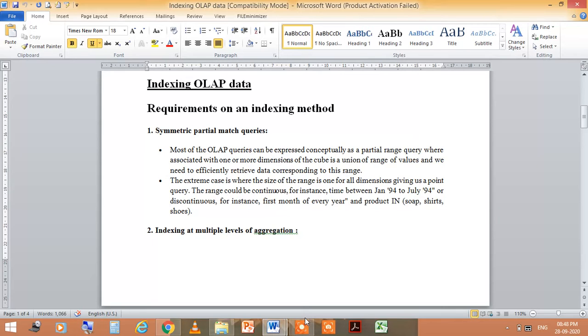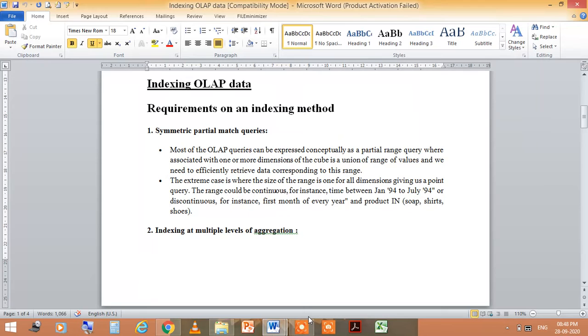Most of the OLAP queries can be expressed conceptually as a partial range query, where associated with one or more dimensions of the cube is a union of range of values, and we need to efficiently retrieve data corresponding to this range. The extreme case is where the size of the range is one for all dimensions, giving us a point query.